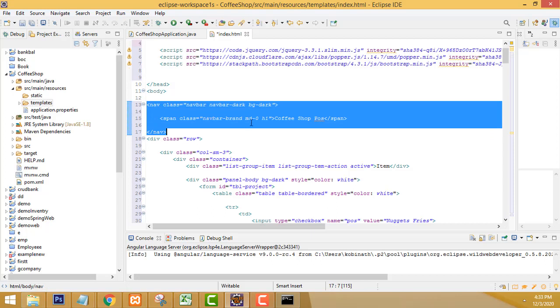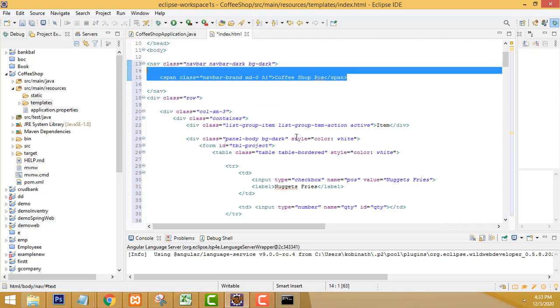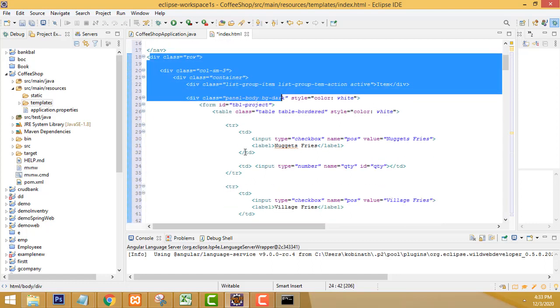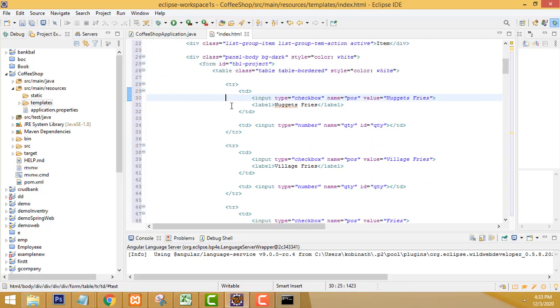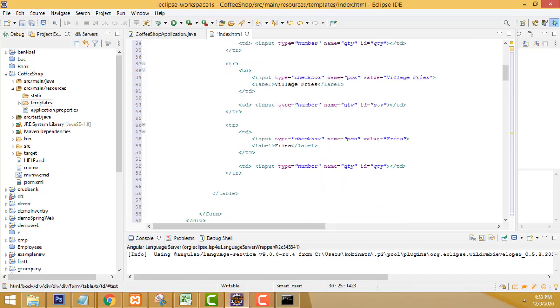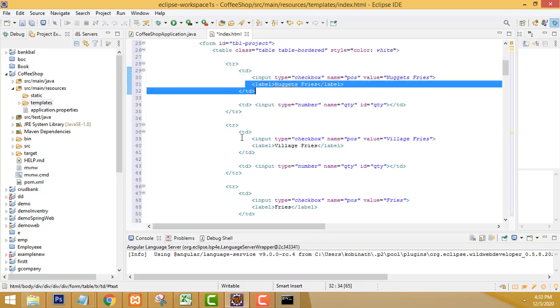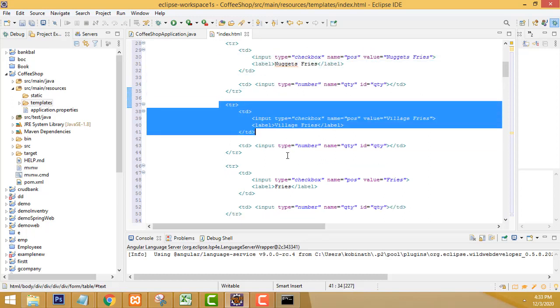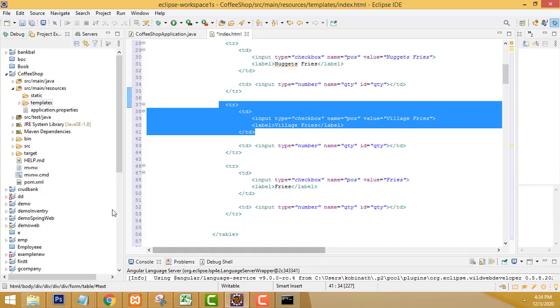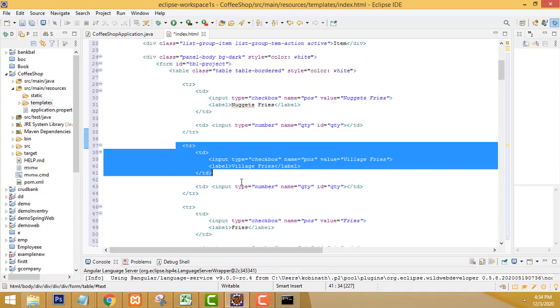This is the name of the Ice Shop post. Here we have a design, and it looks like this. These are the rices, all that stuff. This is a simple design. This is a checkbox, and it's a label. Don't worry about this. All the source code I provide on my Tutors Funny website. You will be able to download it and put it into your project. It will work right here.